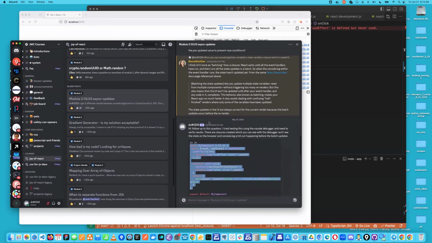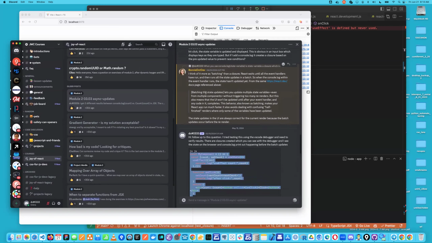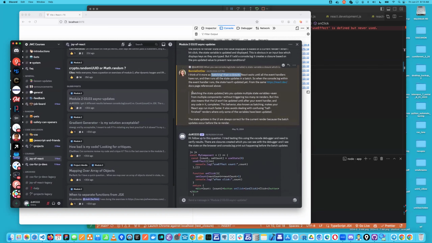And the specific documentation that is confusing, where you can conflate the two concepts, is batching versus closures. And so batching is something that they do in React. And the statement is that it lets you update multiple state variables, even for multiple components, without triggering too many re-renders. But this also means that the UI won't be updated until after your event handler and any code in it completes. And so this is a true statement, but it's a little bit incomplete,